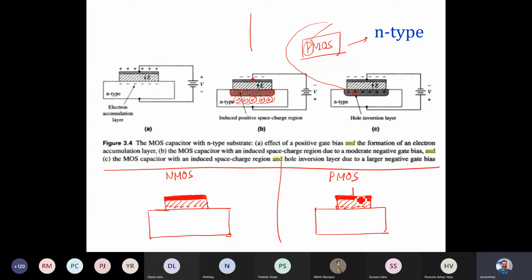Right, and this is basically your gate. This is N type. This one is a P type.